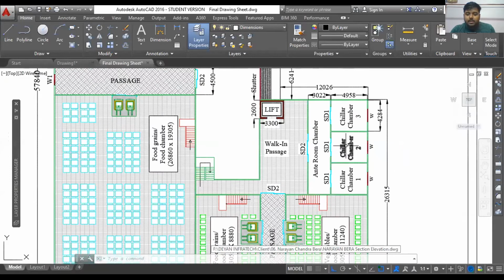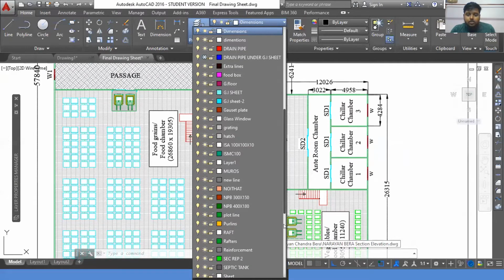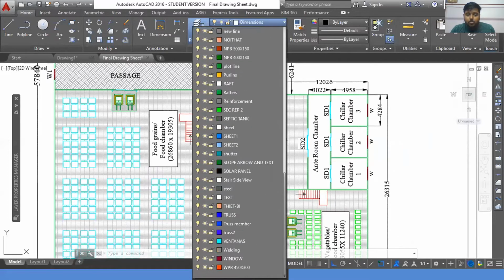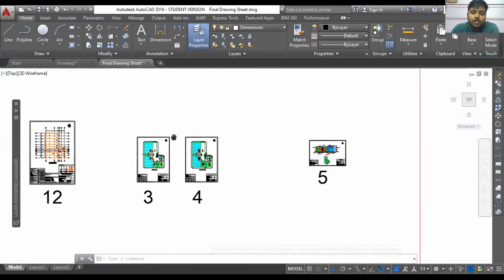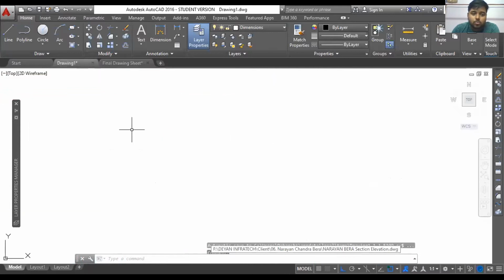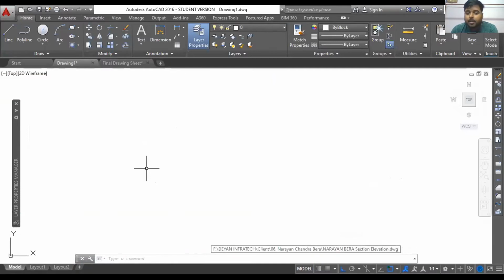So basically I can easily switch off the text if I put all the text in a separate layer. As in my case, I have this GI sheet layer, then food box. I can easily switch off the food boxes and show how the simple plan will look without the food boxes. Then I have my truss, each solar panels, each and everything in a separate layer. So that is the thing. You need to draw everything in a separate layer. So now I will show you how to do that. Okay. And that layer concept is something that you should keep in your mind from the very beginning of drafting of any plan.